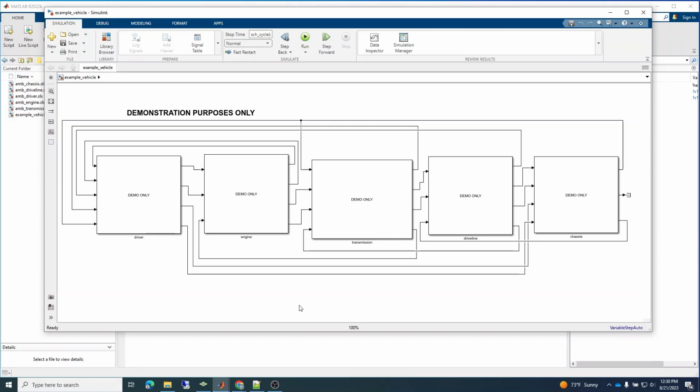So picking up where we left off, we want to take this vehicle model that we have and generate a top-level architecture that we could then import and use in the workflows in Amber. One thing that we want to keep in mind when developing the top-level architecture is that the assumption is on the top level we only have buses that are connecting the component model, so that we can actually see here that each one of these signals that are connecting the block, say from the engine to the driver,